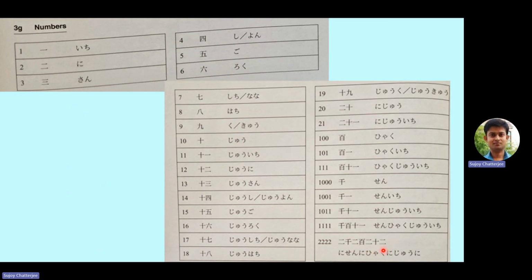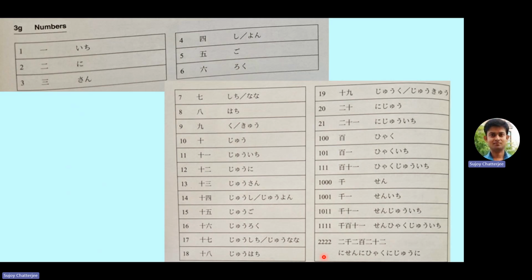So again, please practice on a similar note for as many numbers as you can. Now this will go on up to 9999. So if you have understood this rule, then you can write from 1 up to 9999. And when it comes to 10,000, there will be another thing introduced, so that we will do later on, since this is the first introduction of the numerals, so we won't go into anything beyond 9999. So try to understand this and try to memorize the rules for writing numerals and the rules for counting in